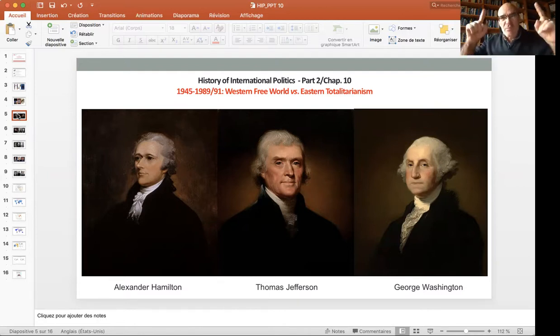The fact, of course, to betray the French alliance, the French-American coalition that had permitted the US to become independent, is a typical realist stance. According to realists, there are no eternal allies, there are no perpetual enemies, there are only national interests. And according to Hamilton, the national interest consists in establishing an alliance with the British, thus, despite the French having permitted America to become independent. So Hamilton was a realist. Jefferson was an idealist.